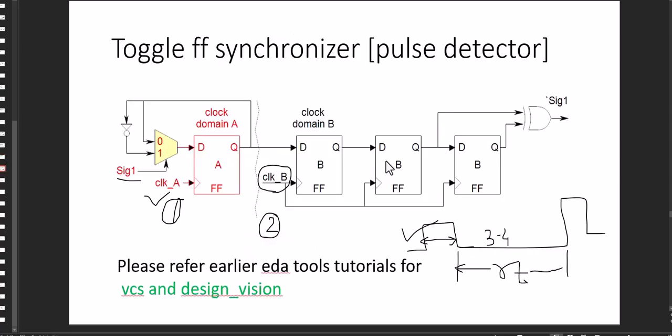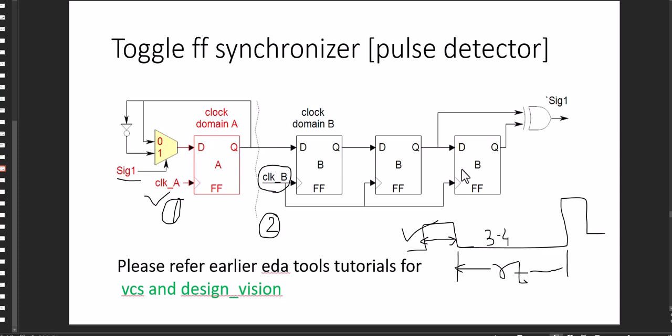Okay, so taking the reference of the toggle flow synchronizer, we already saw that we can send the pulse from one domain to another easily, without feedback. The constraint is that to have repetition, we need at least 3 or 4 clocks of additional duration between these pulses with respect to the destination domain clock period. So just imagine this diagram